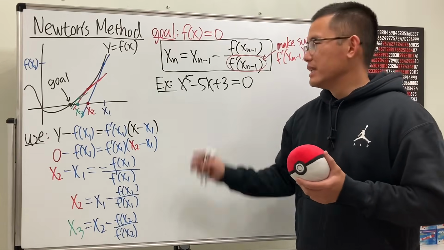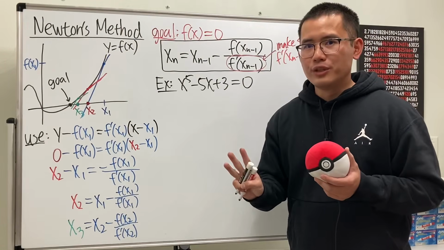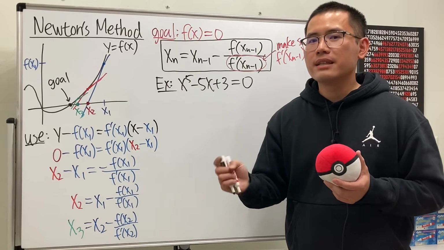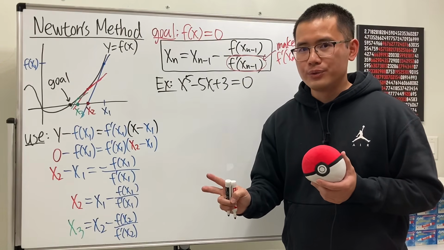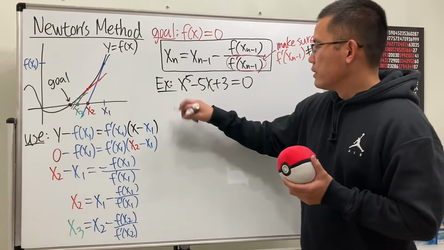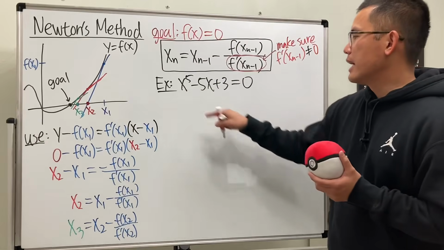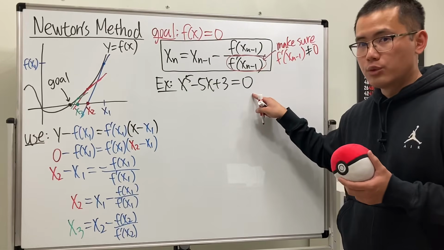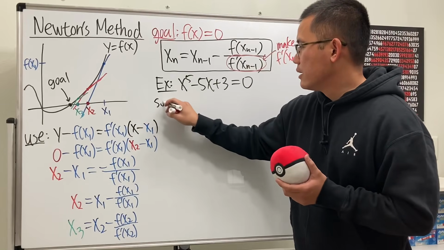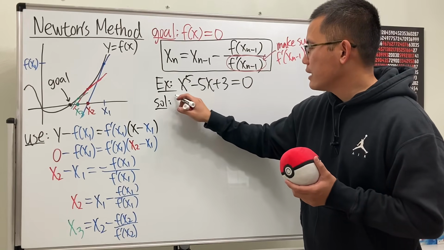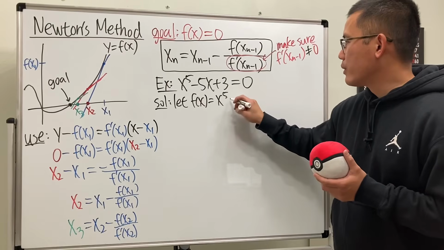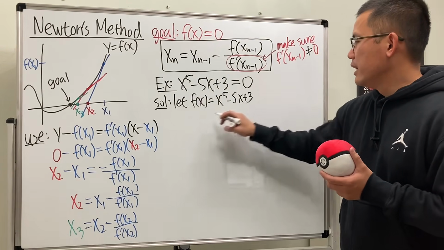The truth is, there are 3 solutions. I'm just telling you guys that. I'm going to just find one of them for you, and then you guys can try to find the other 2. Okay? So, first off, the way that we can use Newton's method is that we have this equation equals 0 already. So we can just say this right here is our function. Let f of x be x to the 5th power minus 5x plus 3,